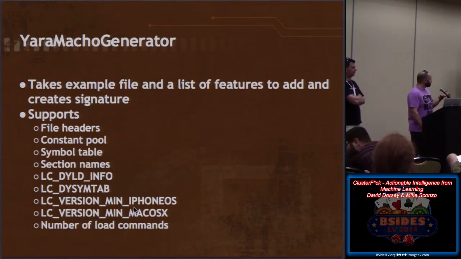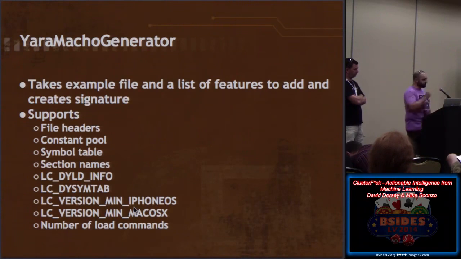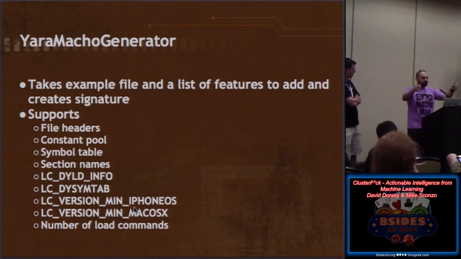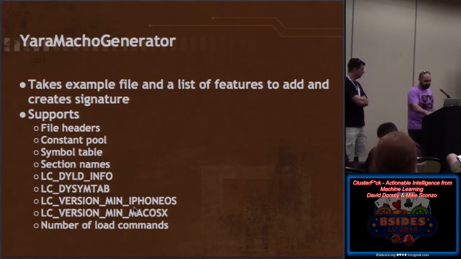So there's kind of this base object, and it's just a Yara signature, and it actually does the rule generation. And then we've got both a Mako and a P one on top of it that support various things. So you can say, all right, for this file, create a signature that contains the file header, all the section names, and then the specific information about these various sections, or whatever combination you want. So we tried to make it pretty flexible, so when we did the signature generation, we could throw all 63 features at it, and something would stick and make sense.